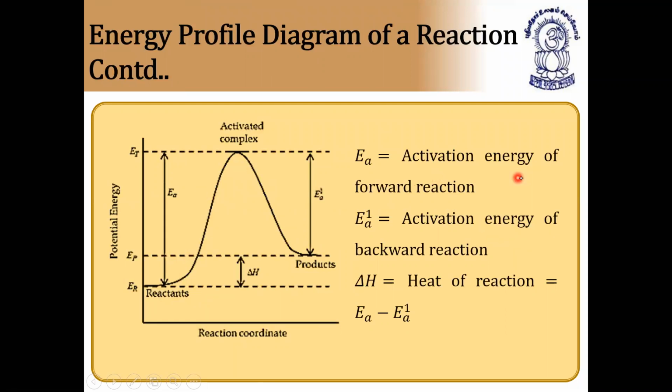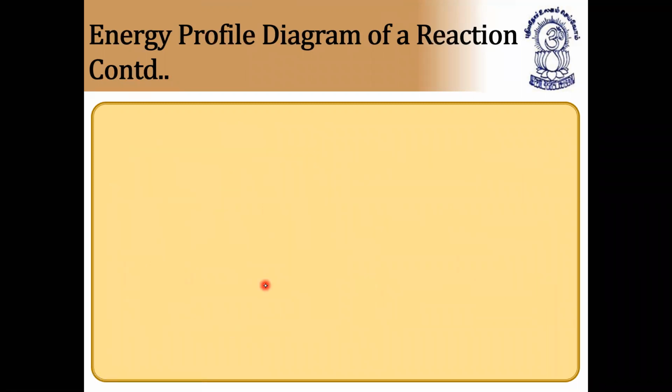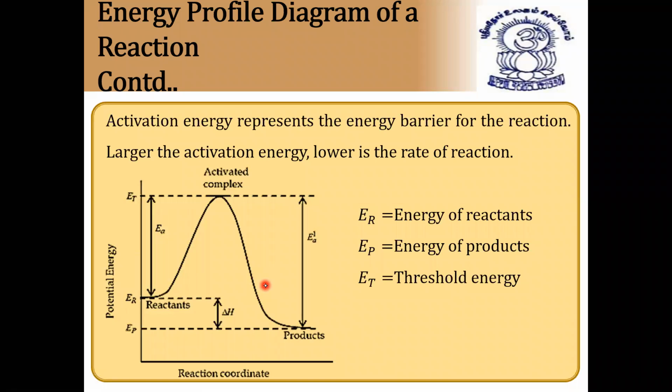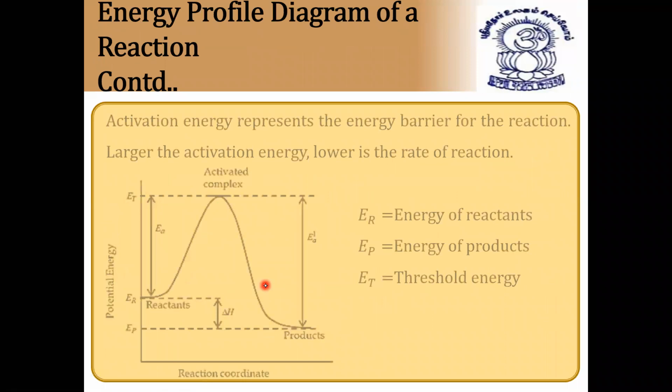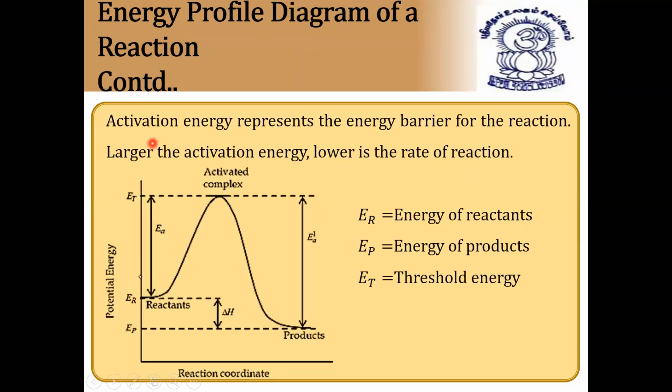So EA is equal to energy of activation for forward reaction, as I told you already, is called energy of activation. And here for exothermic reactions and for endothermic reactions. In this case, if you take into consideration, delta H becomes positive. So this is called endothermic reaction. If you take the previous diagram, this diagram is very, very important. If you take this into consideration, energy of activation.